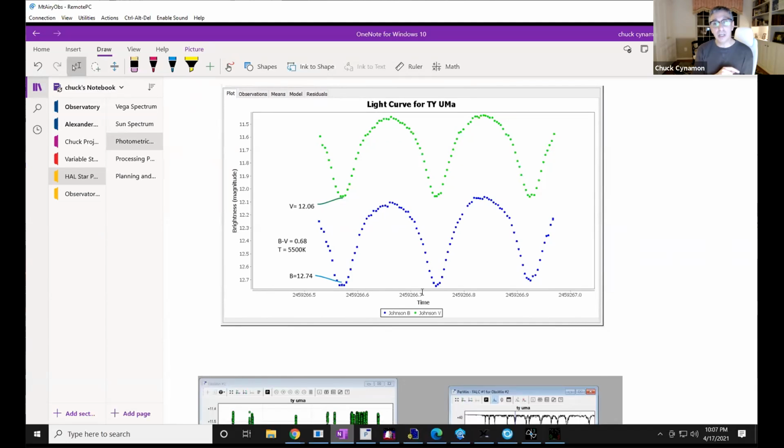when we looked at the Sun and Vega, this actually tells you something about the system. Because when you look at the difference in the magnitude of this star, you can compare a V observation at 12.06 and a B, which means it's much brighter, because we know that the magnitude system is inverted here. The smaller the number, the brighter it is. It's brighter in V than it is in B.